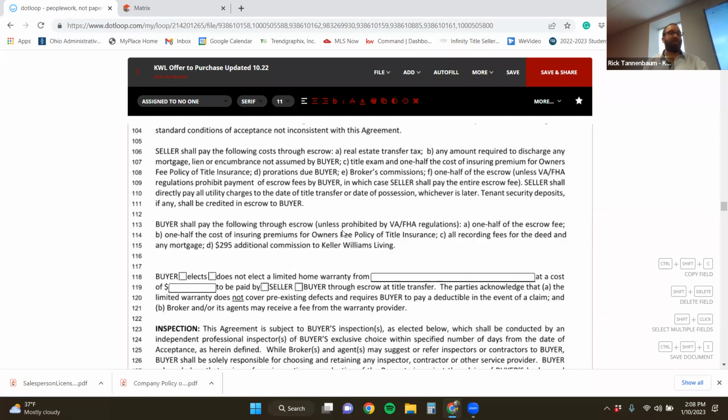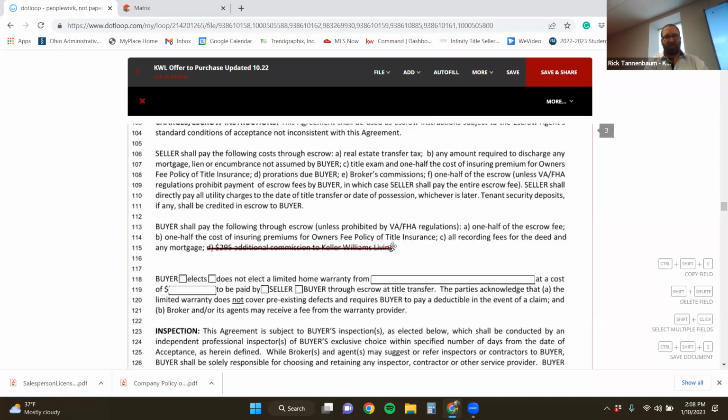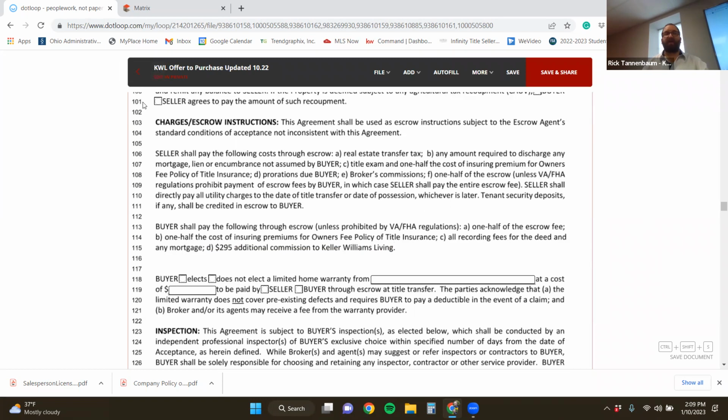Correct. And how do we waive that? When you're writing the contract, you can just do a strikethrough. In Dotloop, you can add a strikethrough. If you're waiving it, for whatever reason, I would just do that, and then right after that, note FHA loan or something. You don't even have to do that, but what I would suggest if it is FHA or VA,